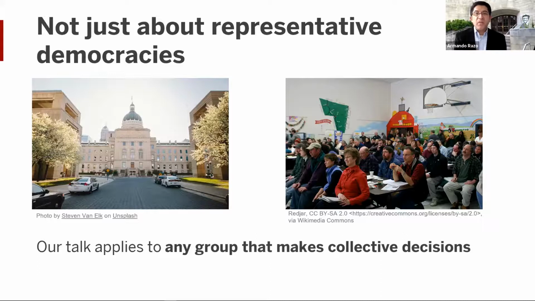If any of you are part of a group that needs to make decisions, then there are general lessons for you to learn that transcend politics and public affairs. I say this because it also helps to situate our talk, although it focuses on math and politics, within the broader intellectual landscape. Since we're talking about group choices, there are clear connections to be made between our topic and decision theory, broadly construed,